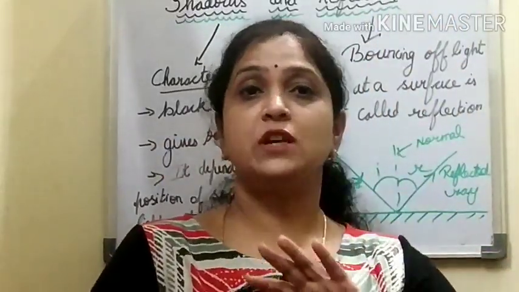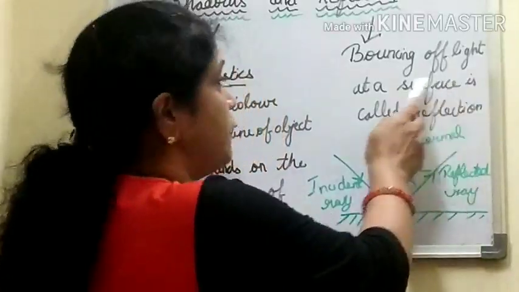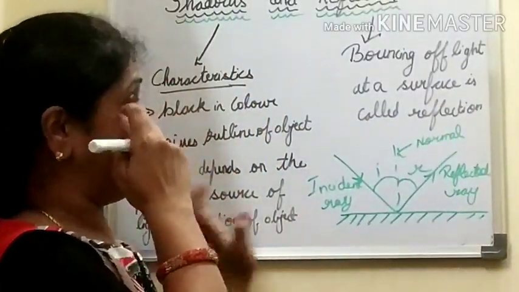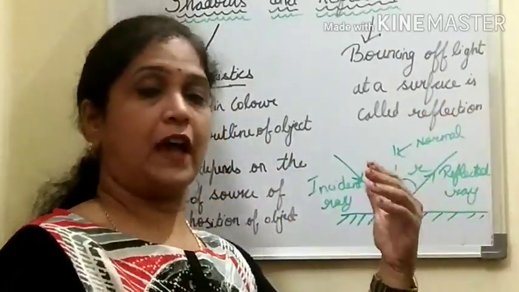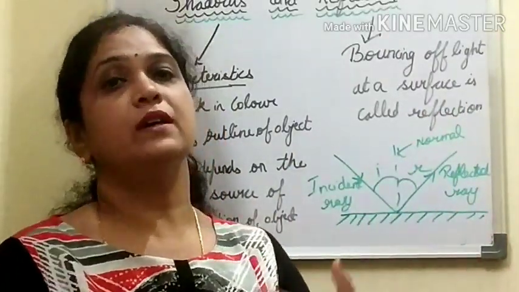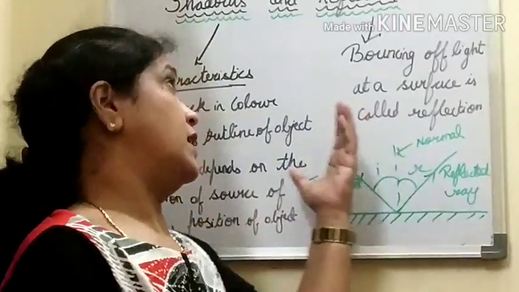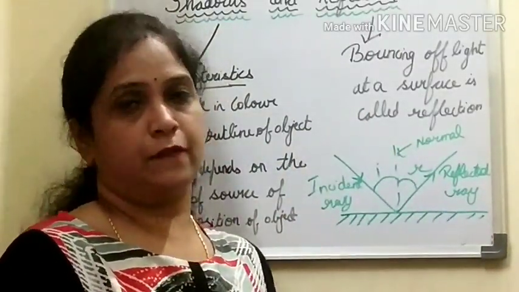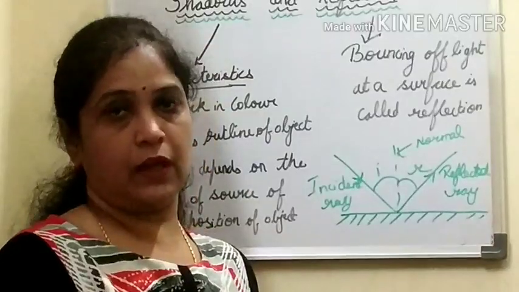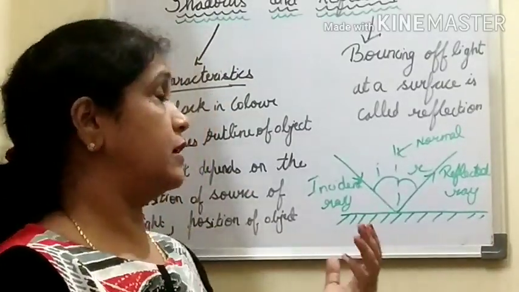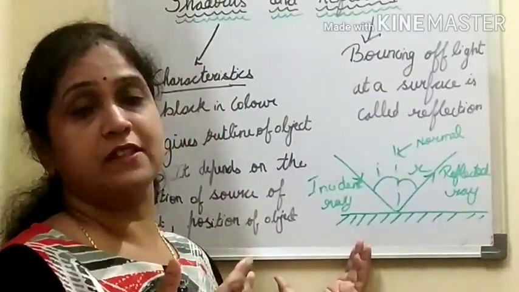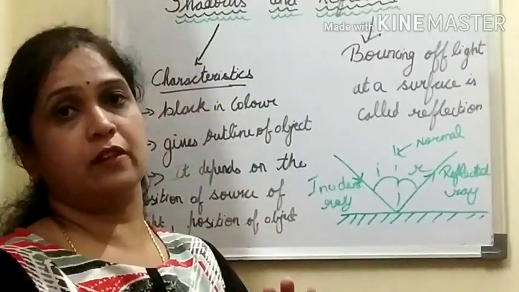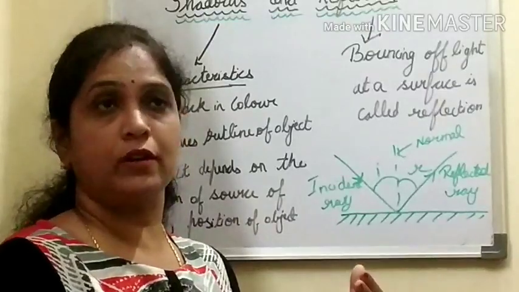Reflection means bouncing of light at a surface. Or you can say it is the changing of direction of light when light falls on a surface. That phenomenon is known as reflection. Okay. Now when light falls on any surface, it bounces off. But it happens that polished and metal surfaces reflect light better, whereas when it falls on an irregular surface, the reflected rays are not